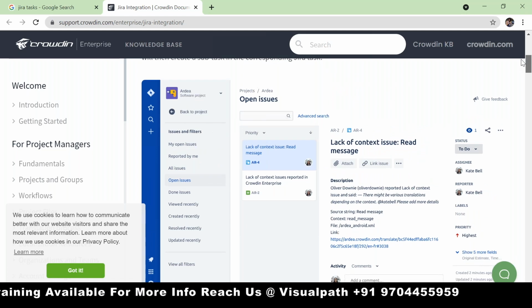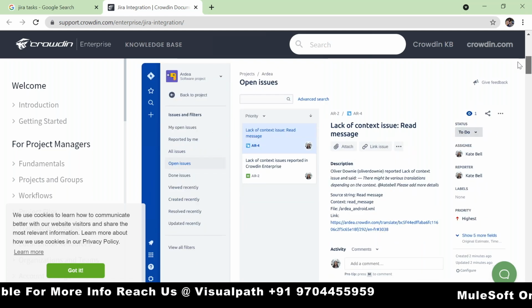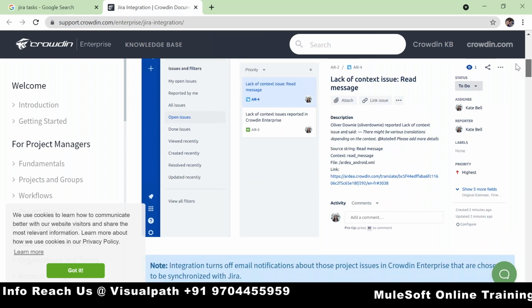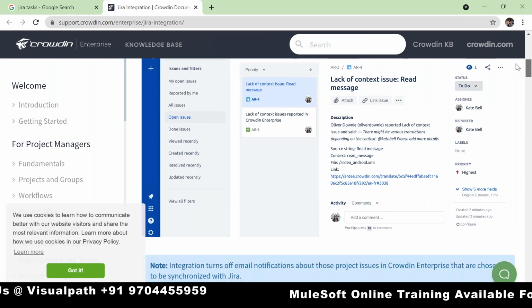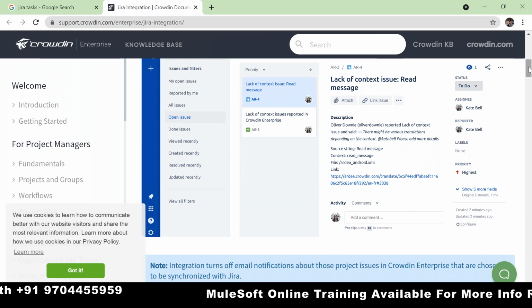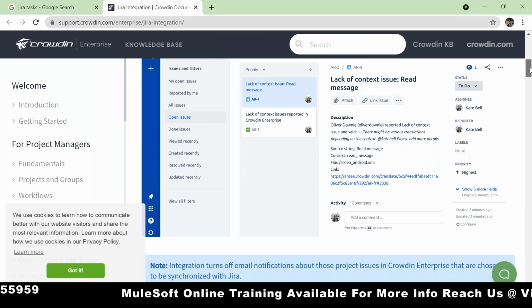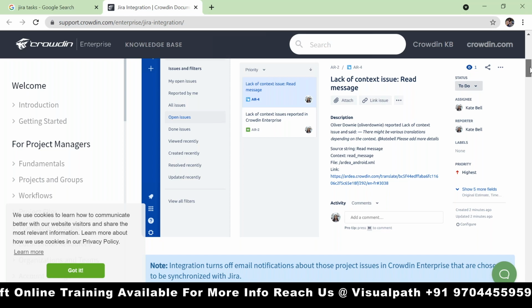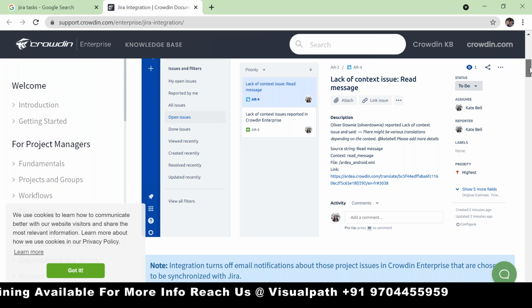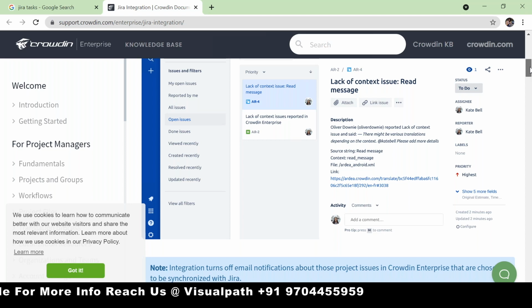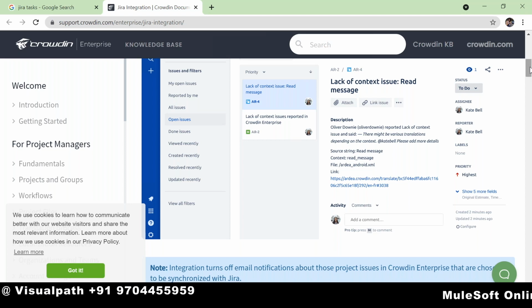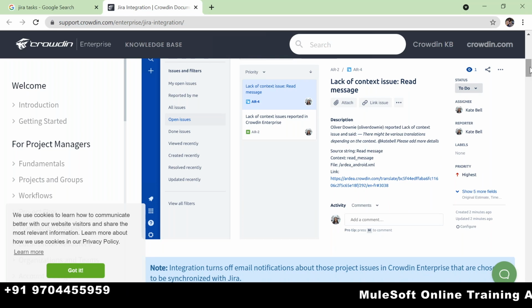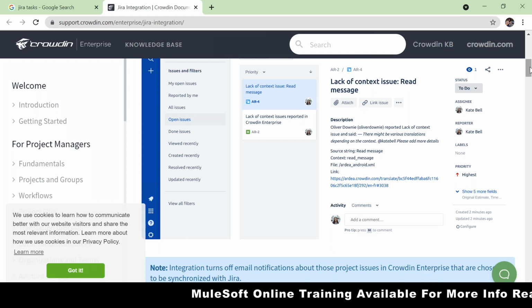So these are the three ways the tasks or the work will be assigned to you. Once it is assigned, if you have a clear idea of what needs to be done, you will implement it. If you need any clarifications, you have to contact whoever assigned the Jira ticket to you. This is the second thing. Now you got the task assigned to you, and we are going to work.